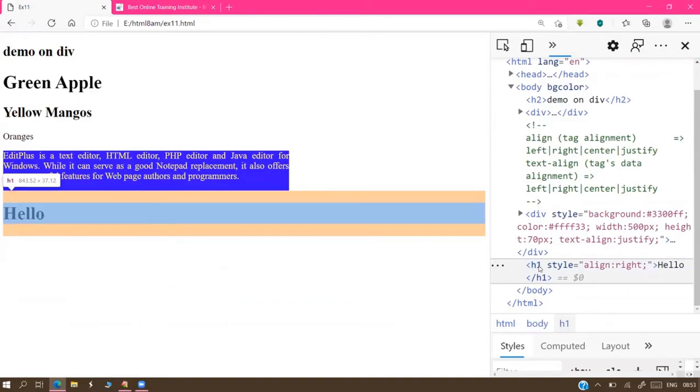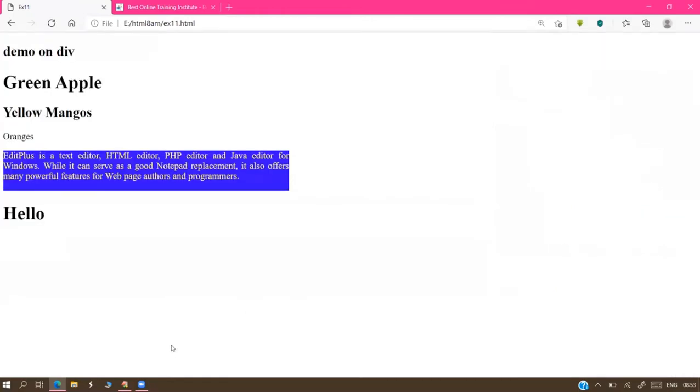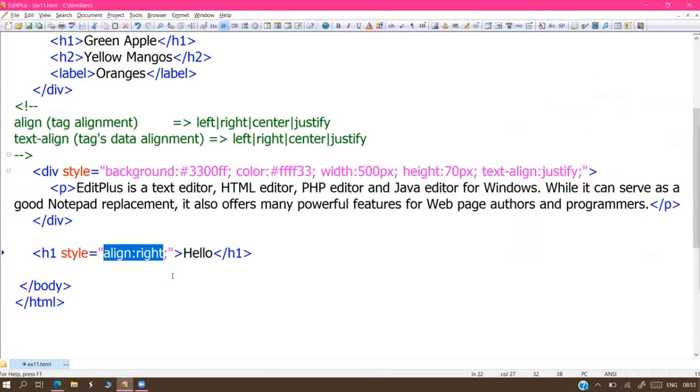That highlighted block color is your H1 tag. The tag appeared on the right side, but the data comes on the left side. Whether the tag is moving to the left or right is not clearly appearing, sir. Everything is not visible to our eyes, so sometimes we have to use the brain also, not only eyes. No, sir, I want to use eyes only, sir.